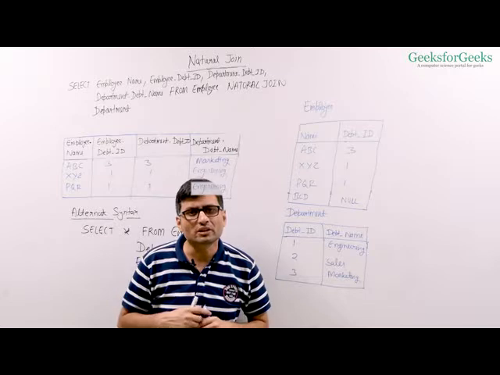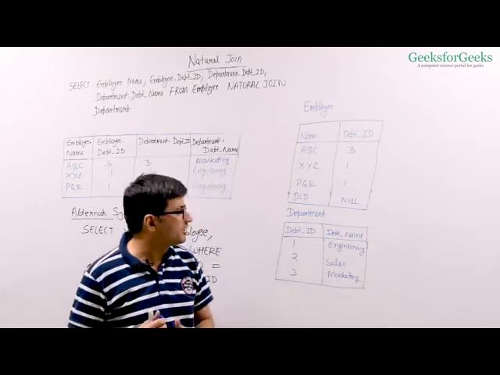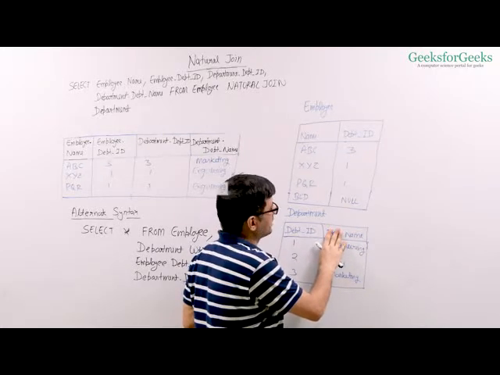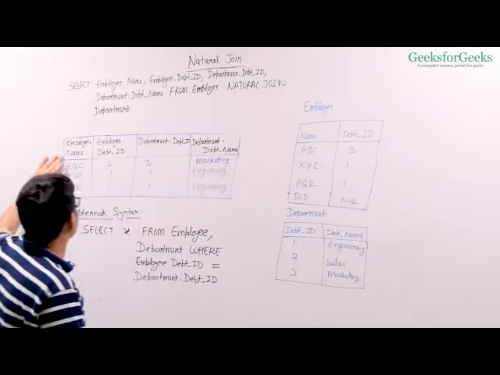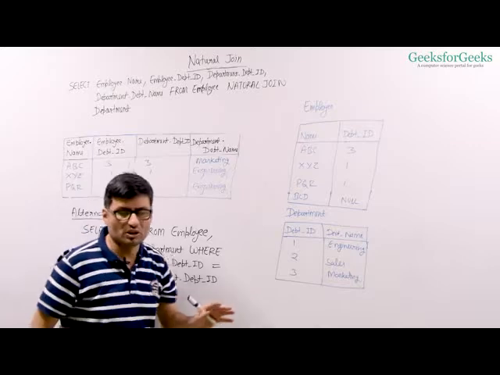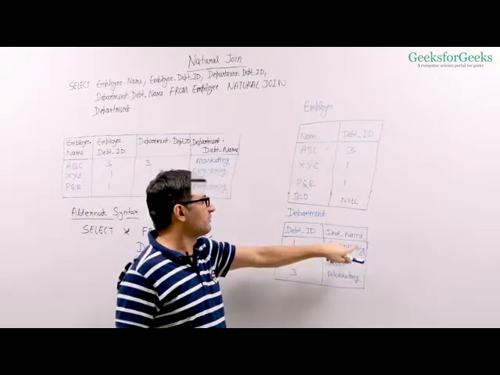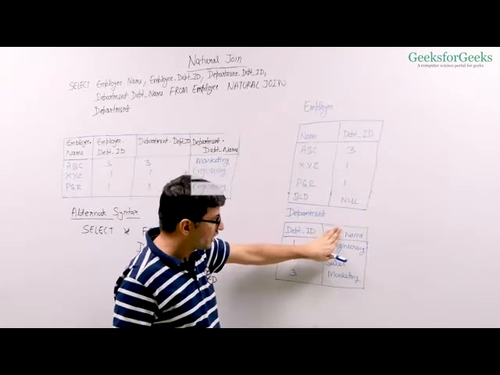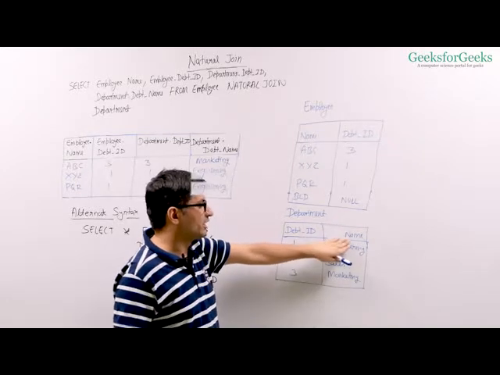So there are problems with this natural join. The problem is, suppose your database designer later changes this column name to name. What will happen in this case? This natural join, which was earlier returning these three rows, will now not return any row, because what will happen? It will compare both the attributes. It will compare name with name, department ID with department ID, because name is also changed now to department, name is also changed now to name.